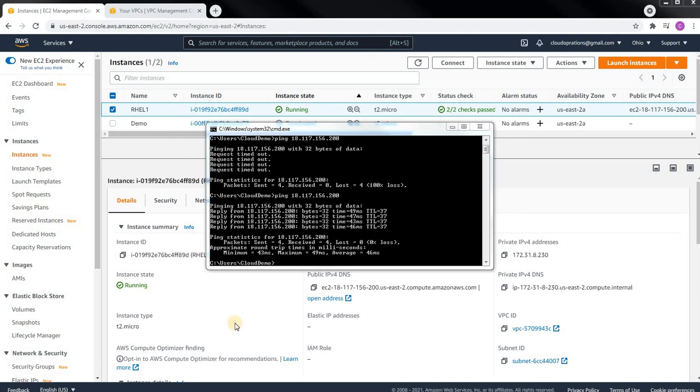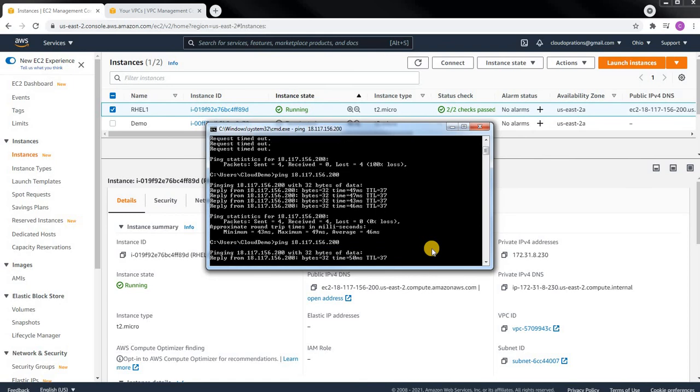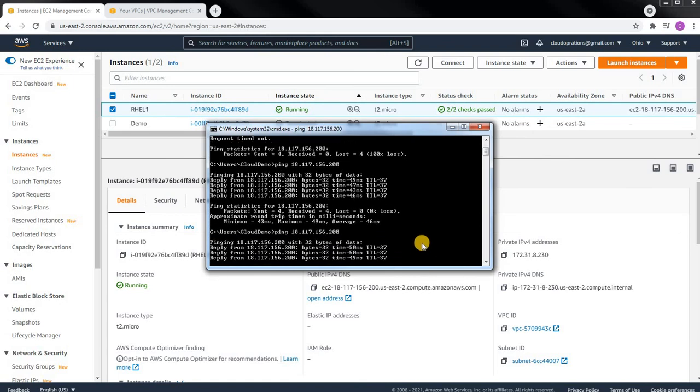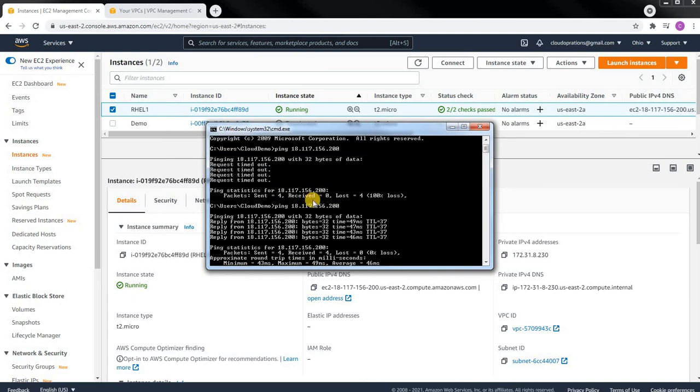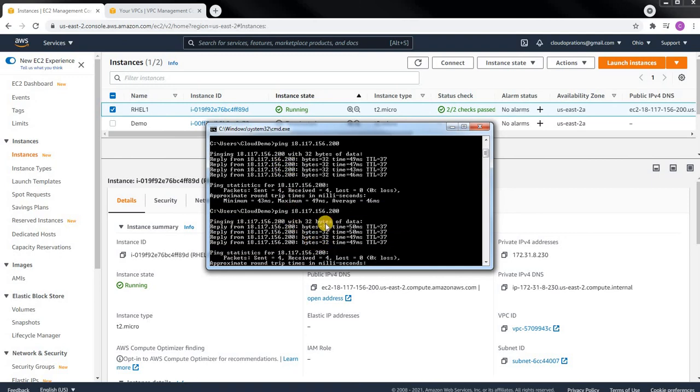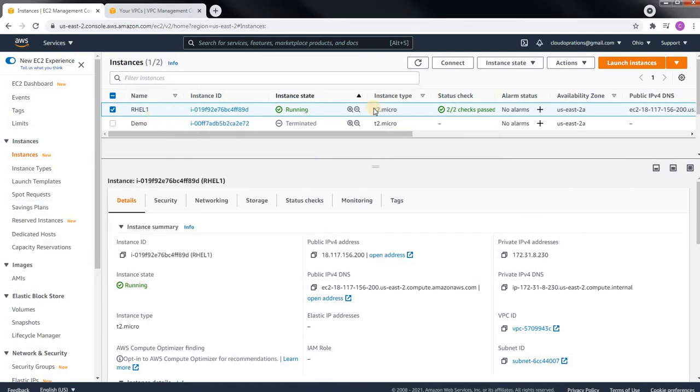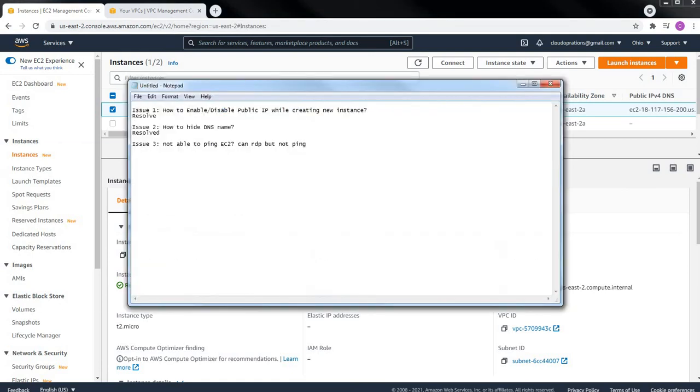Let me do it again. It's pinging. A few moments back, for the same IP address, it was request timed out, but it is pinging now, and the server status is still the same, running. So these are the three issue statements which you saw today.